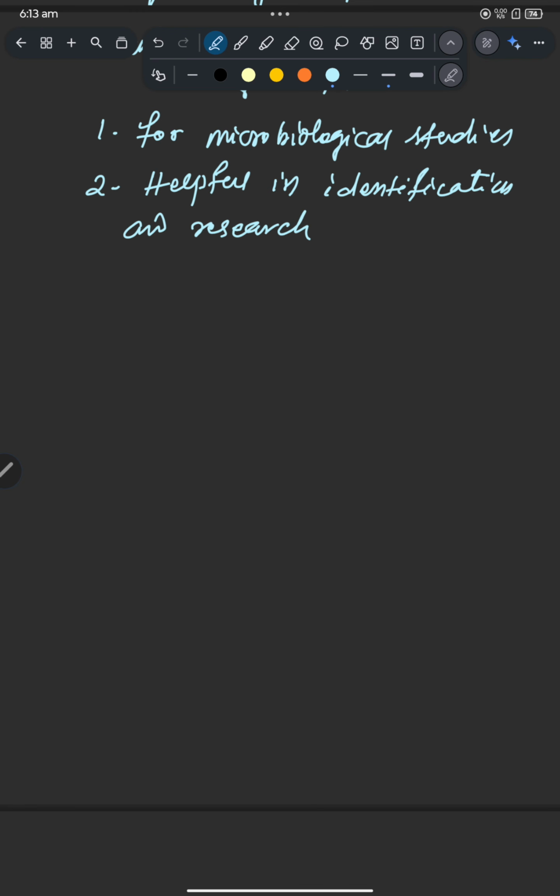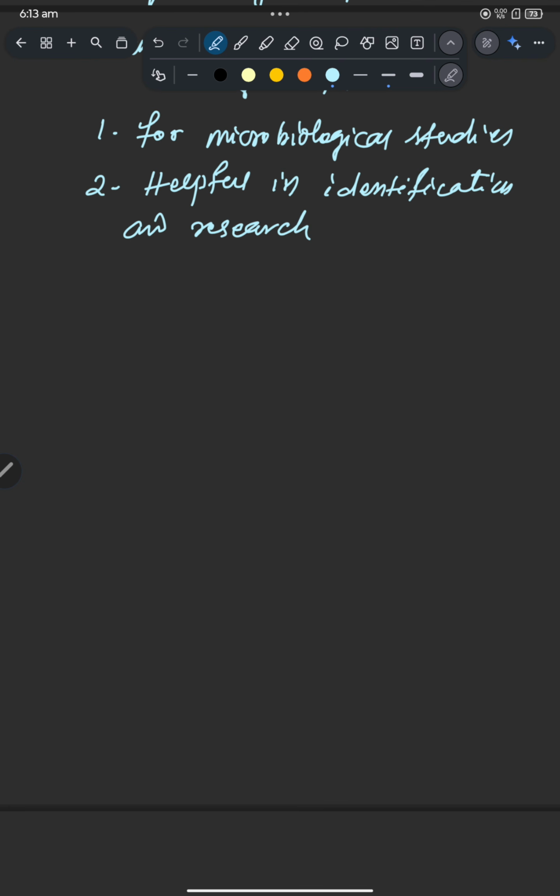Okay. Now these microorganisms are not always harmful as we think. Okay, it is a myth. The microorganisms are both useful and harmful. So today we'll discuss about the usefulness of the microbes, because the chapter is microbes in human welfare. In what way the microbes are useful for us, that we will discuss. Okay, so we have heard about the diseases that is caused by the microbes, but all microbes are not harmful, and there are many microbes which are very useful for the humans.